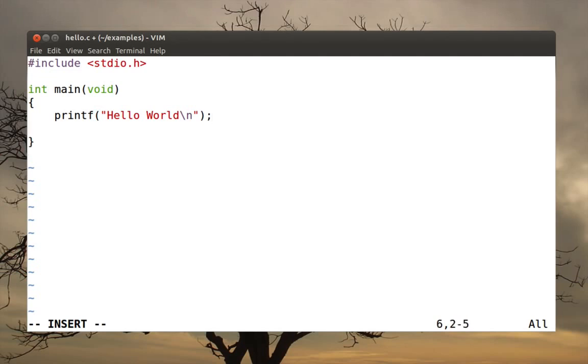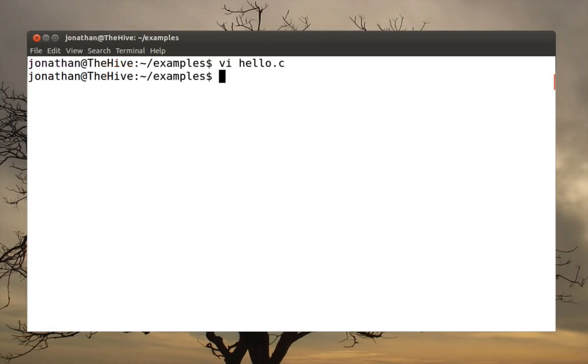And the last thing I needed to do, since my main program returns an int, is I need to return an integer. So I'm just going to return a 0, and at this point my program is complete, and you'll notice how VI is intelligent. It knows all about C syntax, and it has color-coded everything here for me. So I'm going to go ahead and save it, and now it's time to compile it.